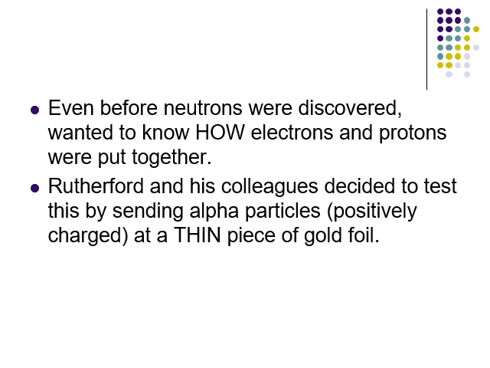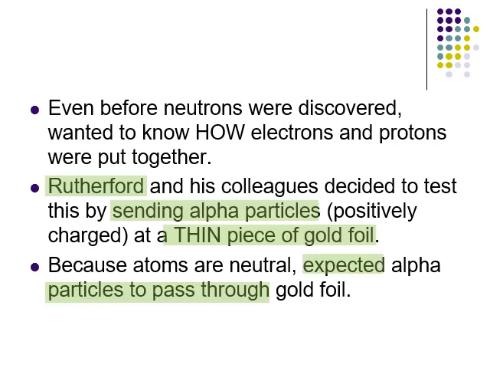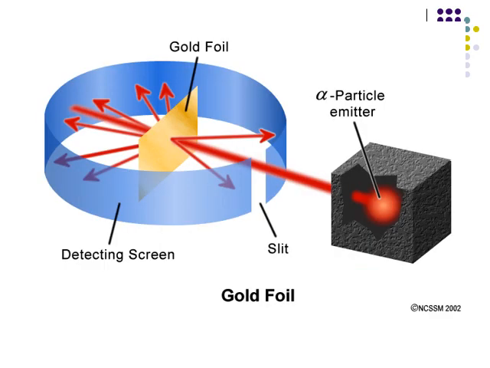And they fired alpha particles at it. Alpha particles they knew were these relatively large, positively charged particles, and they fired the alpha particles at the gold foil. Now, because atoms are overall neutral, it was expected that the alpha particles would pass right on through. But, as you might be able to guess, that is not what happened.